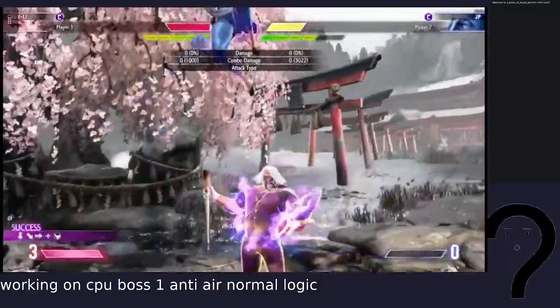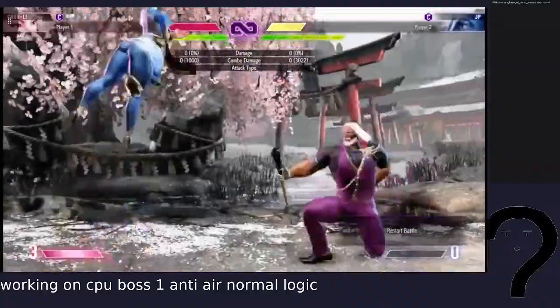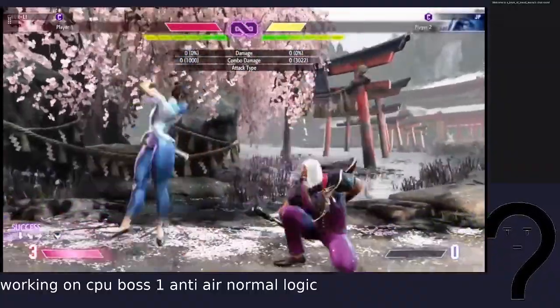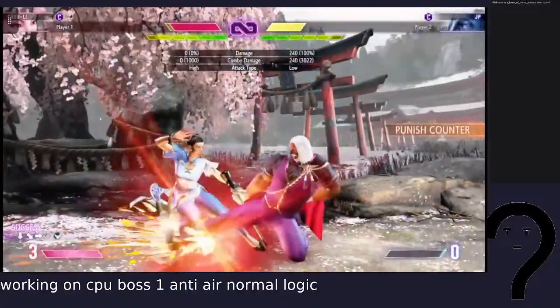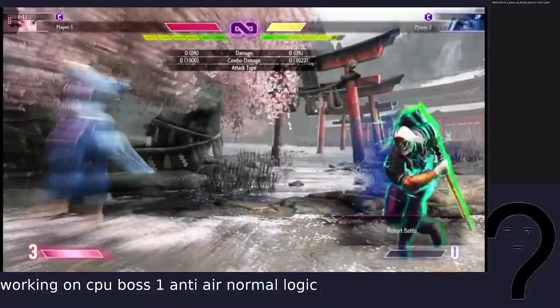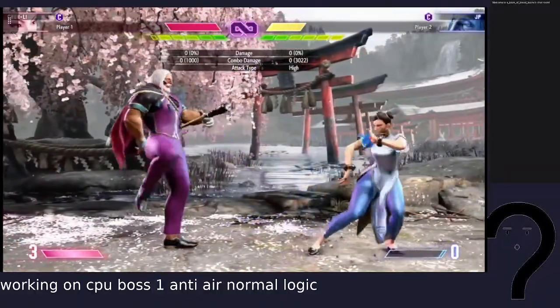I guess it's considered that it's a reversal. Stop going for counter. Really. I didn't jump. Everybody's